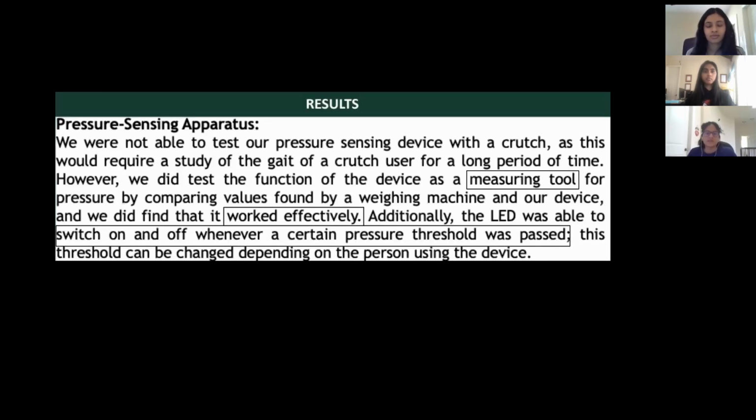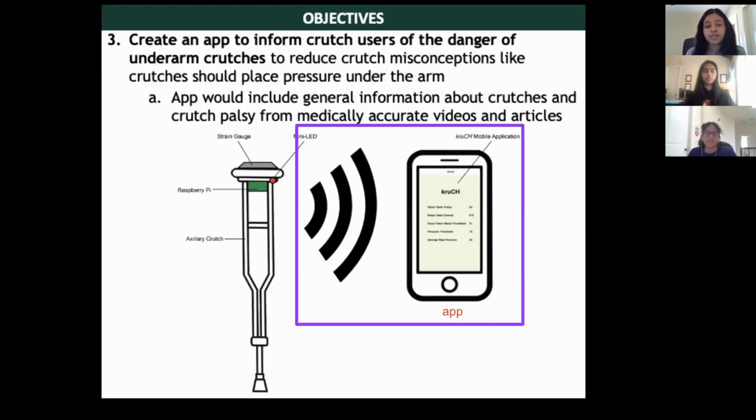The device we created was able to accurately sense pressure applied to the load cell and was also able to flash an LED light when it sensed a pressure above the threshold, which can be changed per person using the device. Because these two goals were reached, we can say that the device met our objectives. In addition to the device, a mobile application was developed. As one of the key issues regarding crutch palsy is the belief that crutches should be used by placing pressure on the underarm, such an app could reduce those misconceptions by informing the crutch user of the proper use and